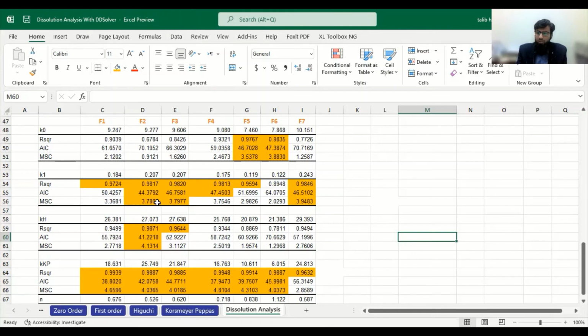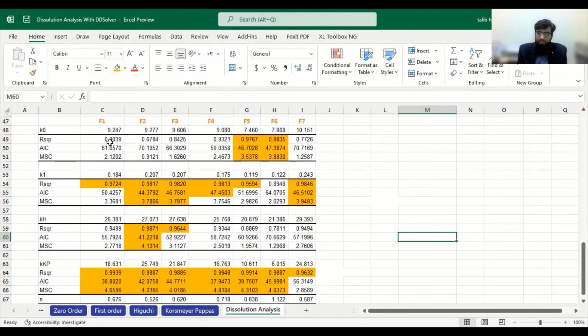So this one is not better, 3.78. 4.1 is better than 3.7. 4.0 is also not better than 4.13. So on the second basis, we have selected the Higuchi model. So the F2 formulation is following a Higuchi model.